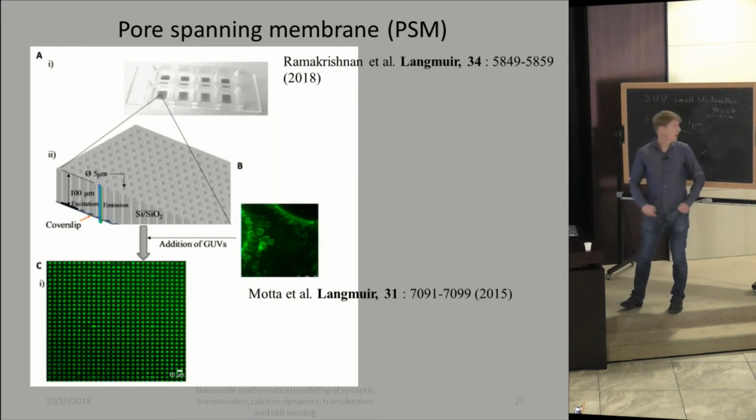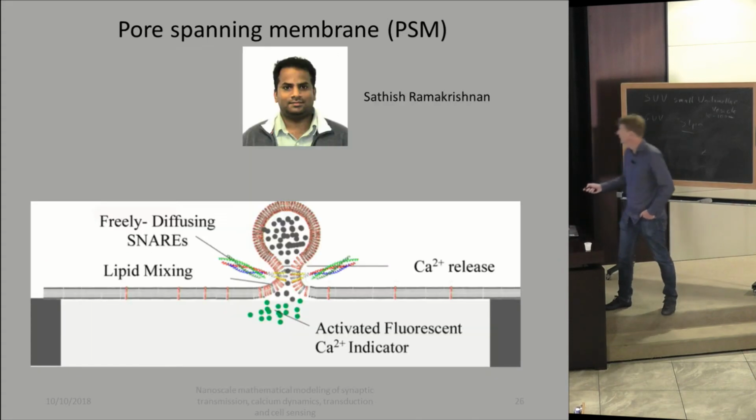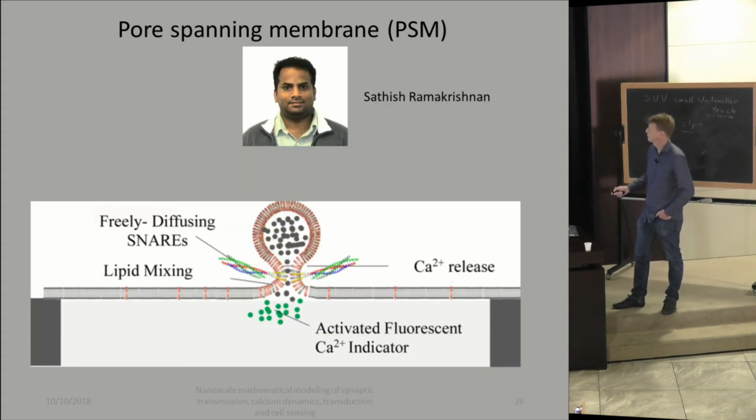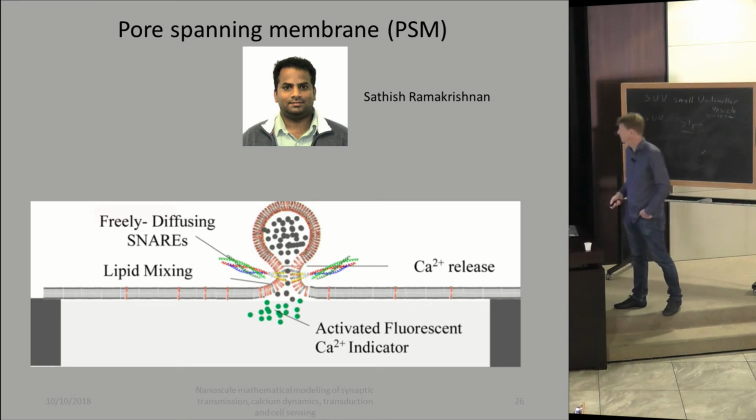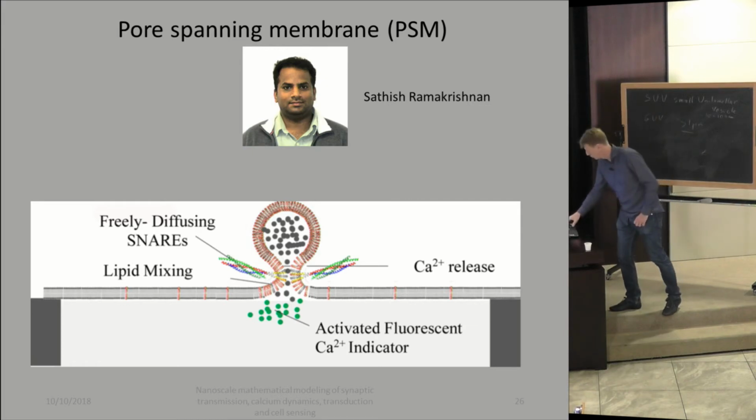The way we do it, I'll go quickly, is we use commercial chips. Actually, I should say we're not the first ones to do this. The first one, I believe, who did it for fusion is Claudia Steinem in Göttingen. But she was working on tiny holes that were 500 nanometers. The problem was that this is so small optically. Maybe she went to 1 micron, but the vesicles tended to aggregate next to the substrate, so it made things a little more complicated.